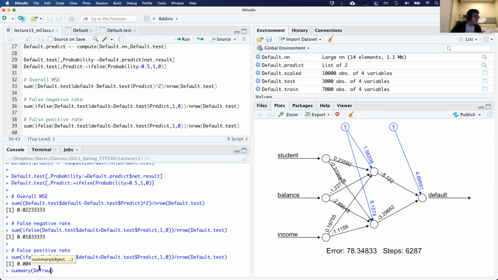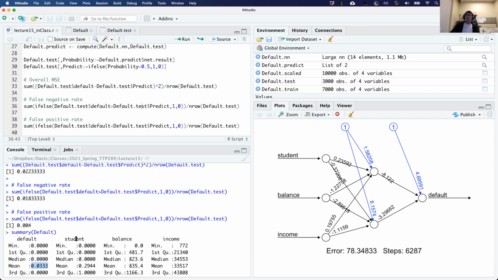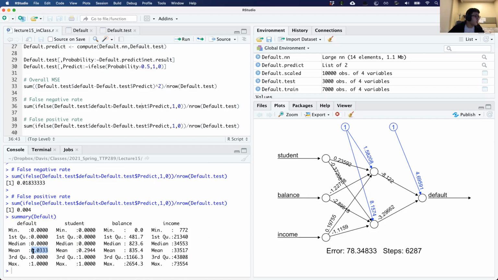Summary defaults, 0.0333. So if I made a model that guessed all of them as 0, then my error would just be 0.0333,